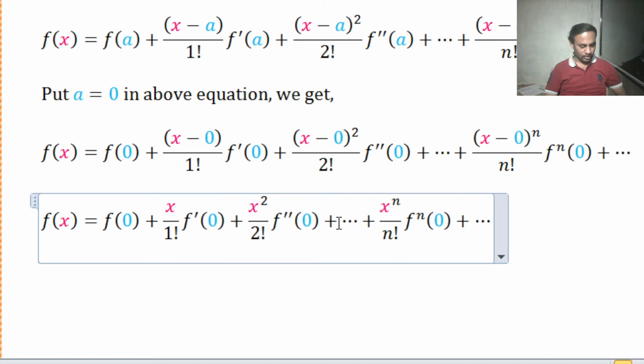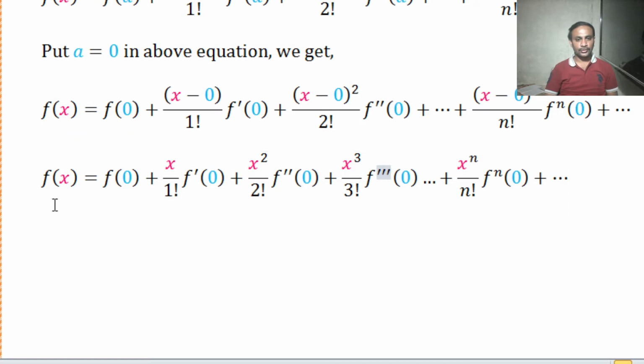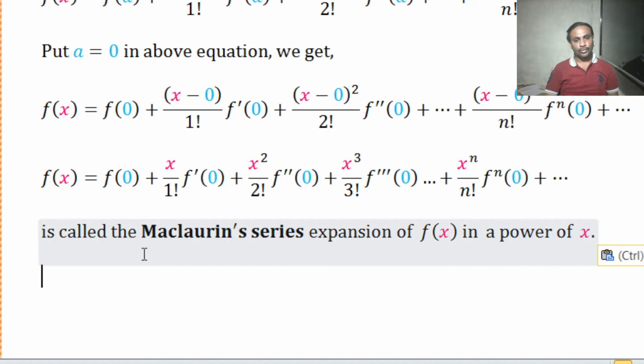Now if we consider the third term, then third term will be x raised to 3 upon 3 factorial into f triple dash at x is equal to 0, and this is called the Maclaurin series expansion. This is called the Maclaurin series expansion of the function f of x in powers of x. Now using this Maclaurin series we have to find some standard series expansion of the function,